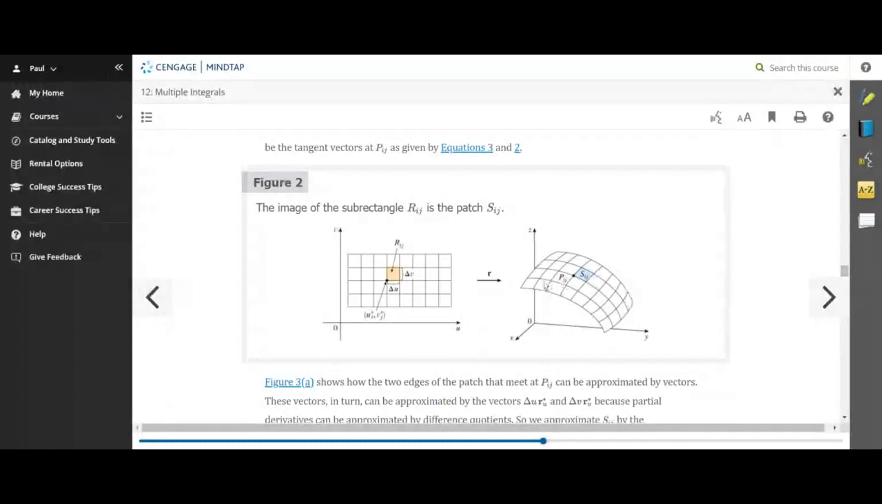In figure 2, you have a surface. Take a look at it. There's the point on the surface, p sub ij, and then a patch, s sub ij. So you can think of the surface as like a quilt with a bunch of different patches. And to find the surface area of the quilt, we need to find the surface area of each patch. Well, each patch